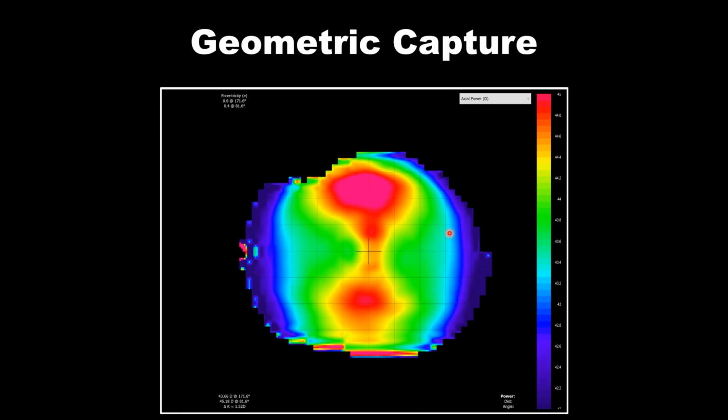Now, what about this capture? Are we happy with this topography? And the first question I might ask is this a right or a left eye? And really, I can't tell looking at this topography. It might be a left eye. It looks like a little more blue on this side, but you notice how similar the width of that blue is on both nasal and temporal. You notice that the steepest portion of the eye is much closer to the center of the grid. So this is a much better captured geometric